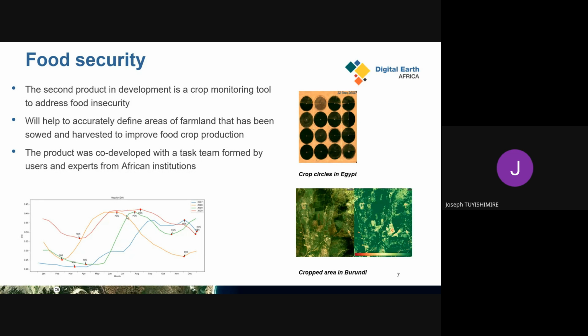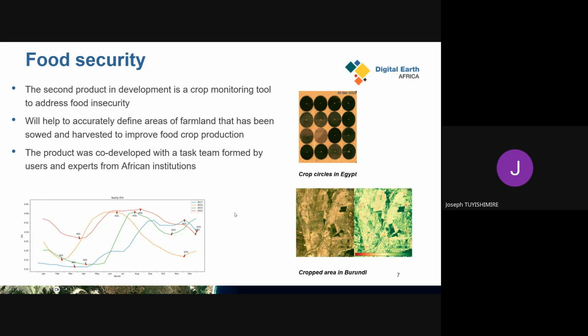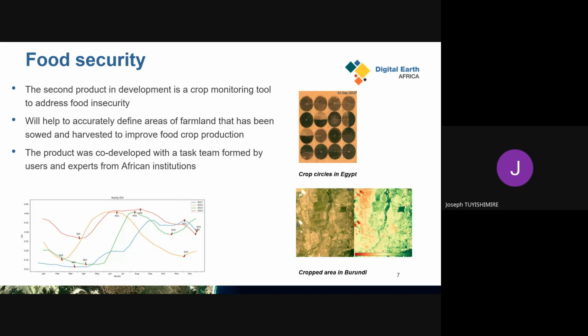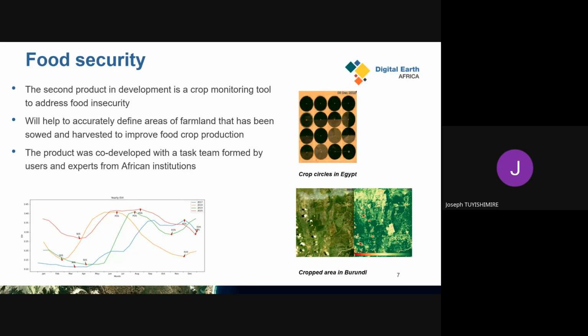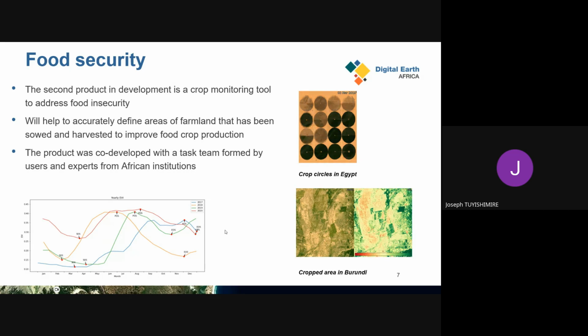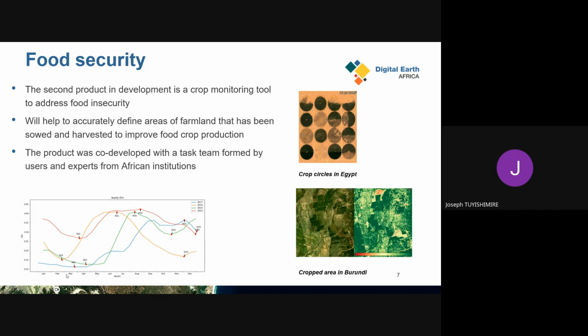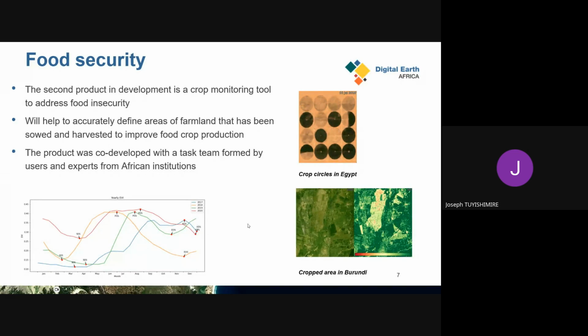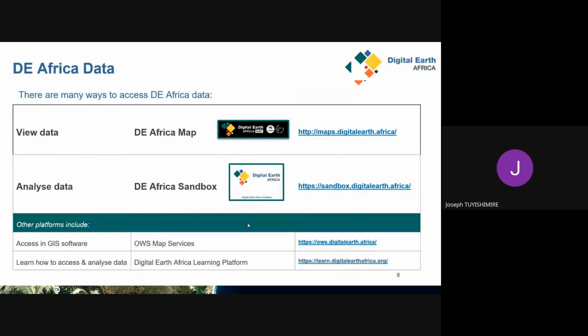The peak of the season, while the plants are in full growth, it means that the NDVI is at the peak, and also the season where people are harvesting the plants. If we see some shift, it means that either there has been a kind of crop rotation, but also a shift in seasonal variability.